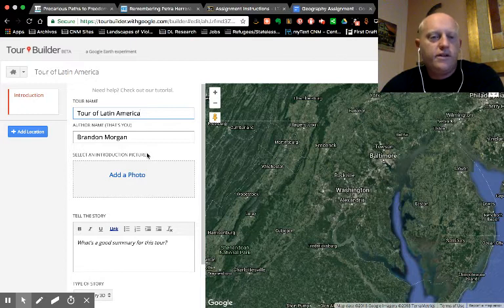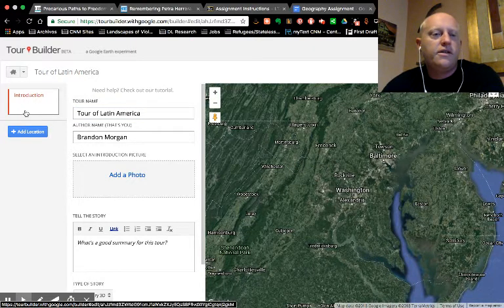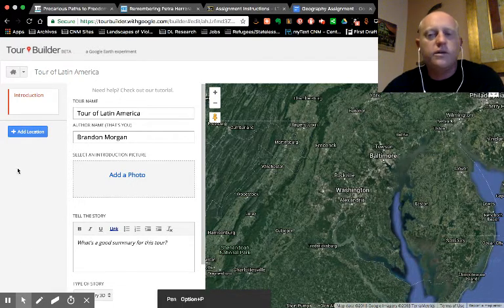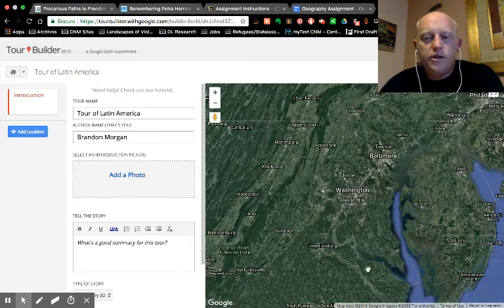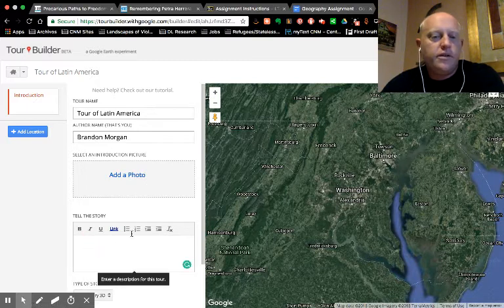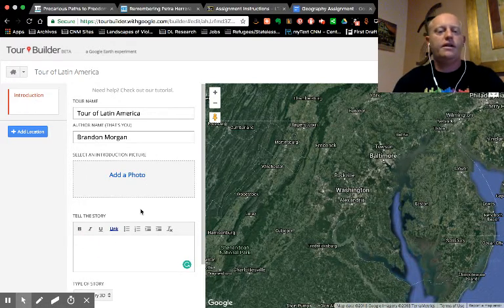The way that this works is you create a series of entries. This is the introduction slide, and as you add locations, they will populate this column here, as we'll see. The map will also update based on the locations that you choose. So what I'm going to do here with this first section is just write that, and you'll want to write